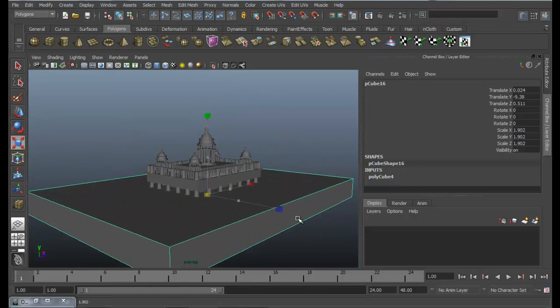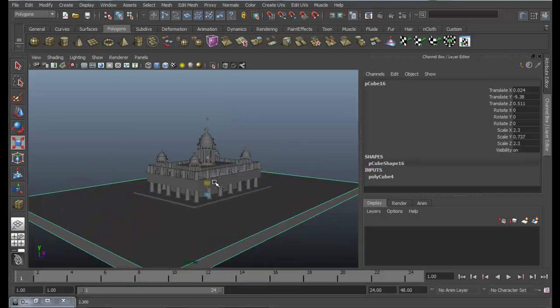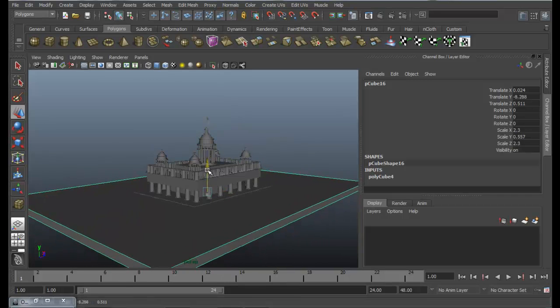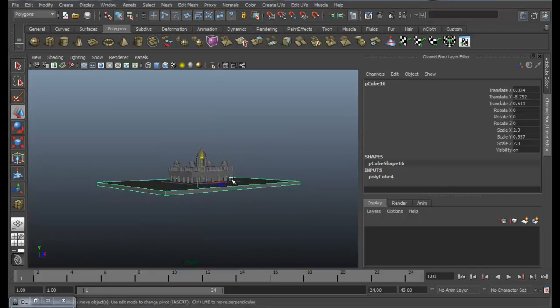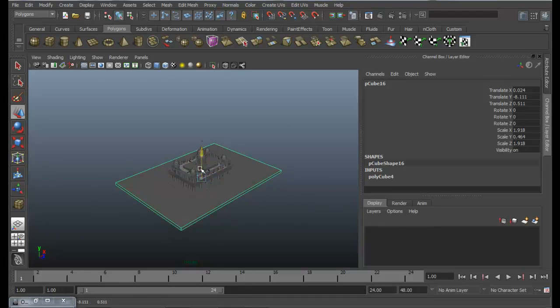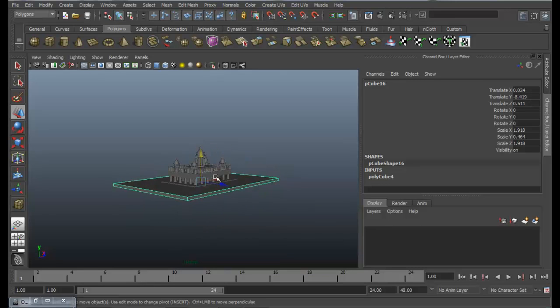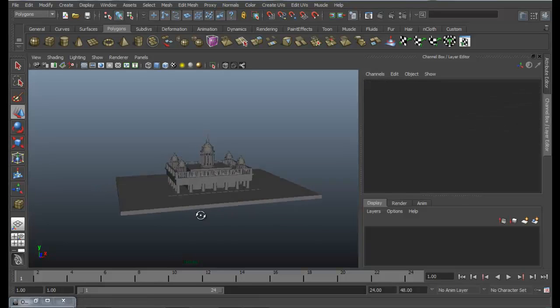And then just scale it bigger and bigger. So the topmost part was smaller, now it's getting bigger and bigger. I think it could be even smaller. Okay.